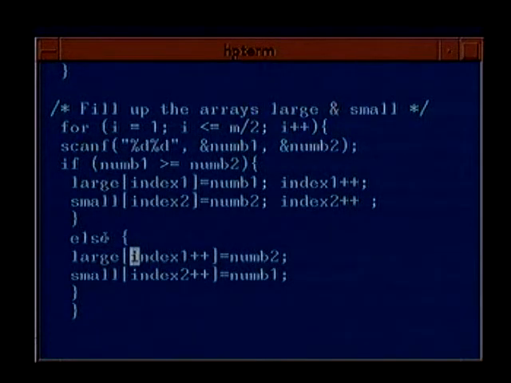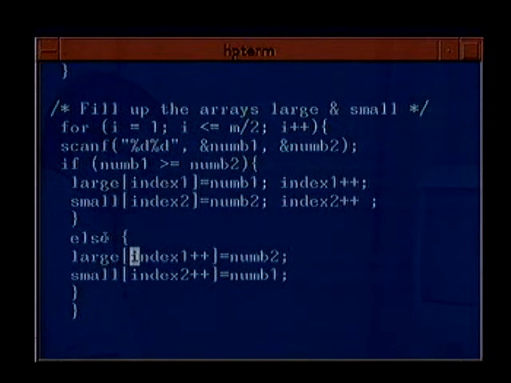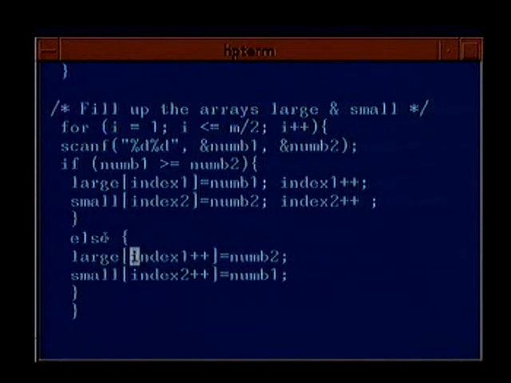What does it mean? Does it increment first? Here in this one, it must do large index equal to num2 and index 1 plus plus. This is equivalent to this, in the sense that this index 1 plus plus is a statement which will return something. In C, every statement returns a value. So index 1 plus plus first returns the value of index 1 and then increments. Therefore, it will work quite well in our scenario where we want large index equal to num2 and index to be index plus 1. So, you can also write the code this way.